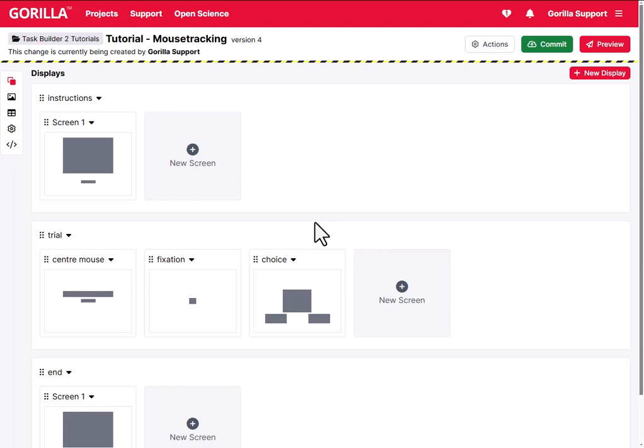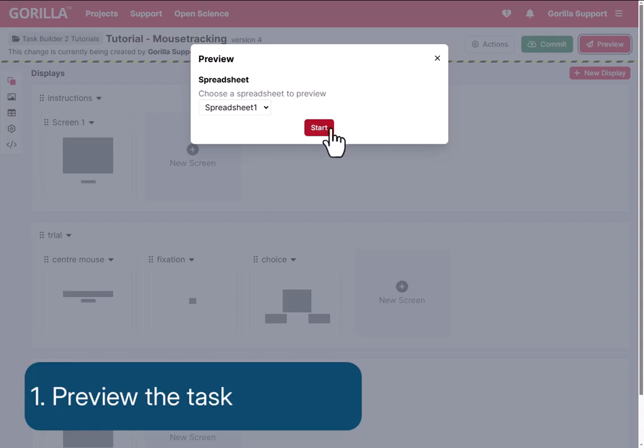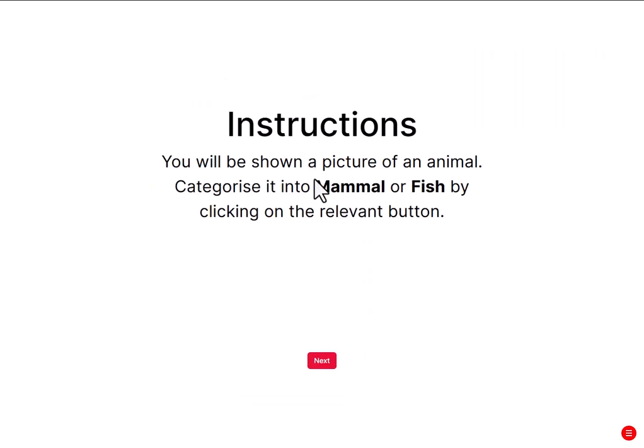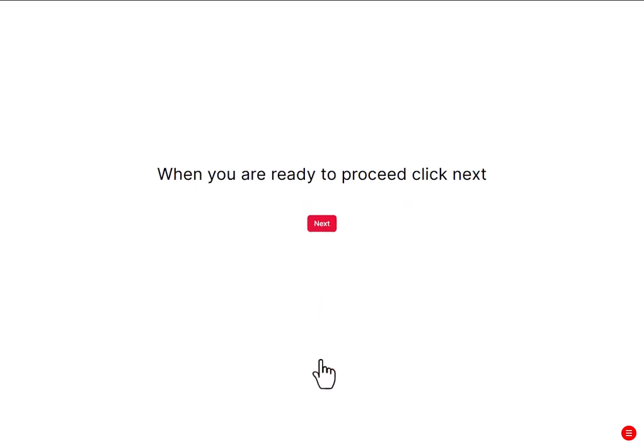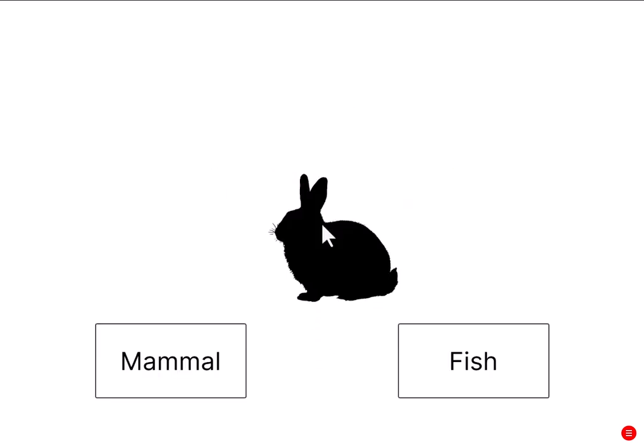In this tutorial, we will show you how to set up a task with mouse tracking. First, let's preview the task and see how it works in action. In this task, participants are asked to decide whether the image presented on the screen is a mammal or a